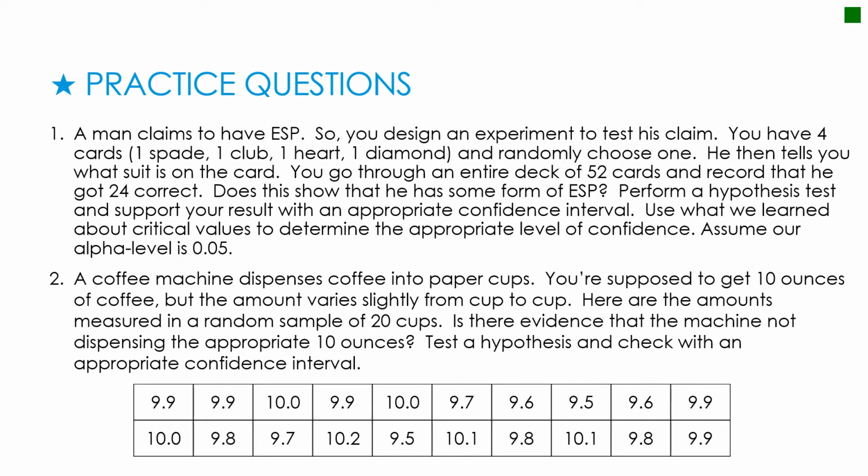So here are the two questions, and I would like for you to just press pause right here, read through the questions yourself, and then try both questions. The data set for the coffee machine is in your Unit 5 data set. Again, go ahead and try both questions completely. You don't have to do the values by hand, just use StatCrunch, and then press play to move on to the next slide to check your work.